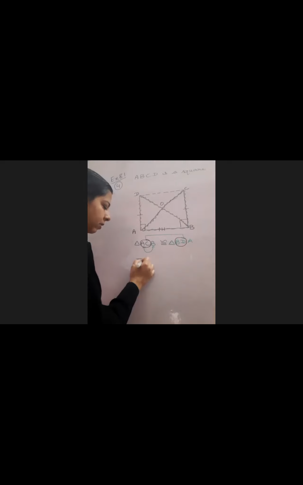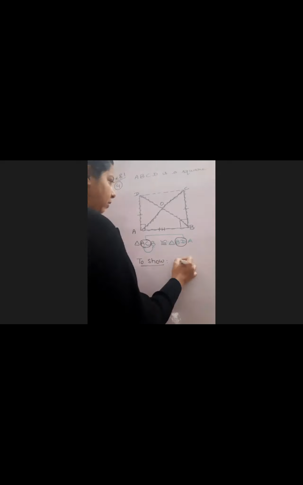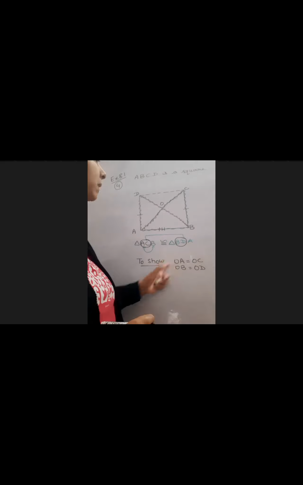I'm drawing my square back. Now what do I have to show next? Next, I want to show that they bisect each other, that OA is equal to OC and OB is equal to OD. That is what I want to show. I'm just redrawing it so that it should not create any confusion. Okay. Now, can you trace out the triangles? Children, can you trace out triangles in which these four can be covered? Any two triangles in which these four can be taken care of?